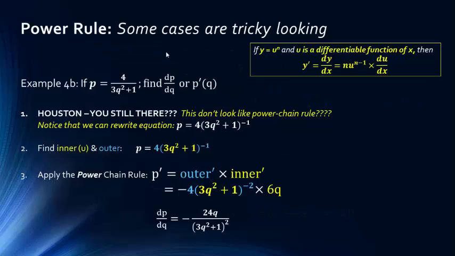Again here, and now you can see the steps. Notice I can do this as a quotient function, or I can rewrite it as 4 times the denominator raised to the negative 1 power. The outer function is 4 times the whole thing to the negative 1, so the negative 1 comes in front. I get negative 4 times (3q squared plus 1) to the negative 2, remember, negative 1 minus 1, and then times the derivative of the inside, which is 6q. So this is pretty straightforward, and then I've just simplified it here. Outer derivative times inner derivative. And many of these